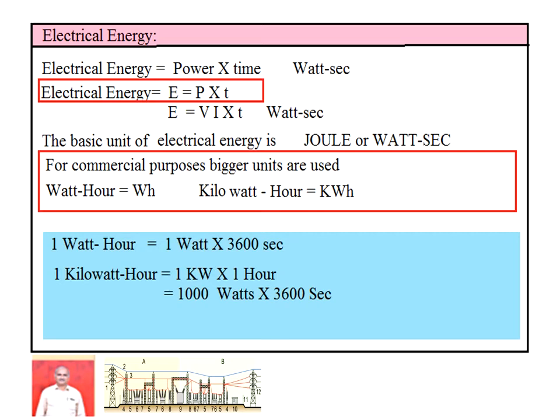So the 1 month energy consumption in kilowatt hour, multiplied by the tariff rate, that is the unit rate, rupees 2 or rupees 3 per kilowatt hour, gives us the total electricity bill. If you are using 100 kilowatt hour, and the per unit rate is 2 rupees, how much does the electricity bill become? 100 into 2, 100 kilowatt hour, then 2 rupees per unit, that is the electricity bill. So, it is used in commercial applications.